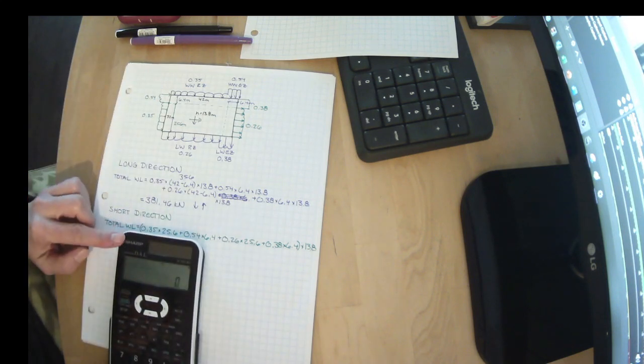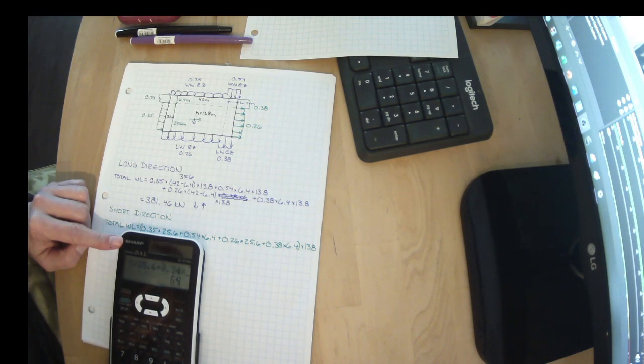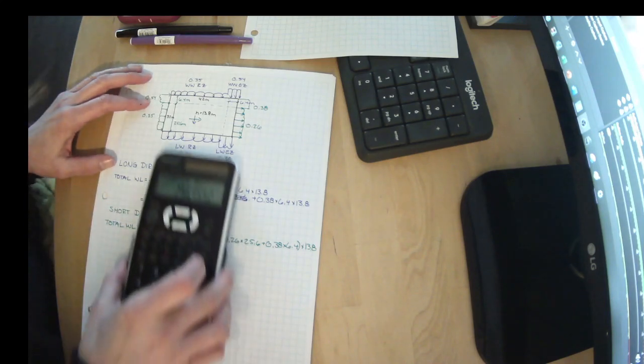If I plug all this in, let's go through it. We've got 0.35 times 25.6 plus 0.54 times 6.4 plus 0.26 times 25.6 plus 0.38 times 6.4 times 13.8 meters tall, and we get